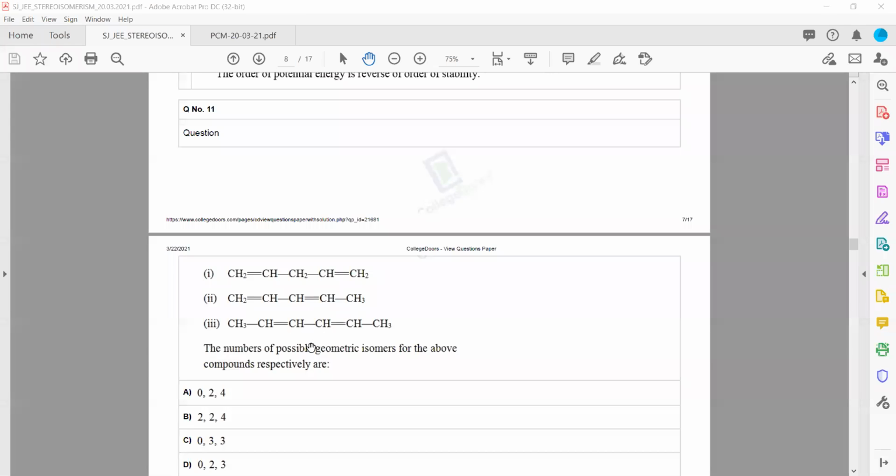2, but also the molecule is having a symmetry. So the formula to be applied for finding the stereoisomers is 2 raised to n minus 1, plus 2 raised to n by 2 minus 1. In fact, this is a standard example where you have two stereocenters and a symmetry. The number of stereoisomers is always going to be equal to 3. Tartaric acid is the best example to understand that. So the answer in the sequence will be 0, 2, and 3, option B.